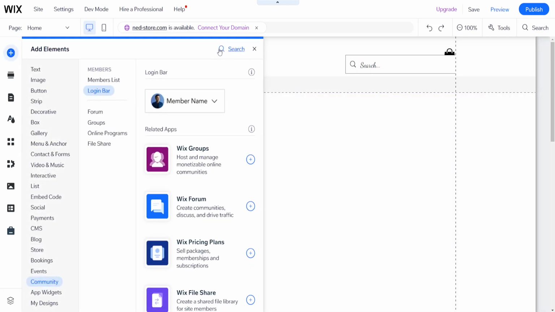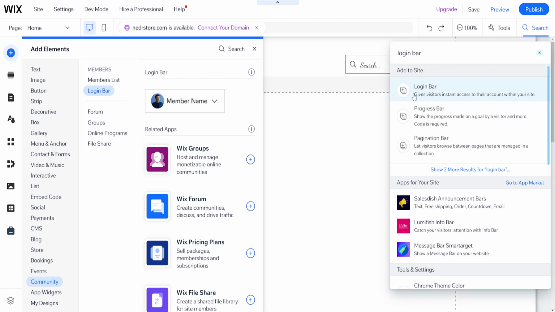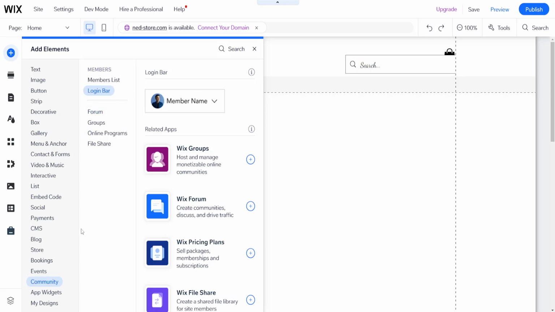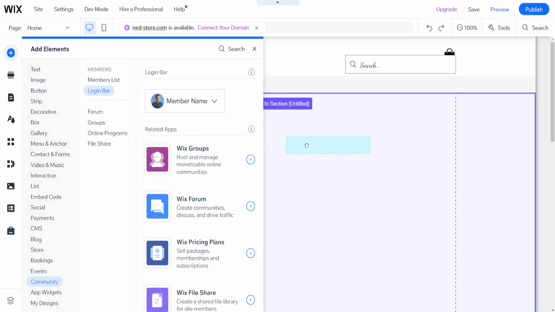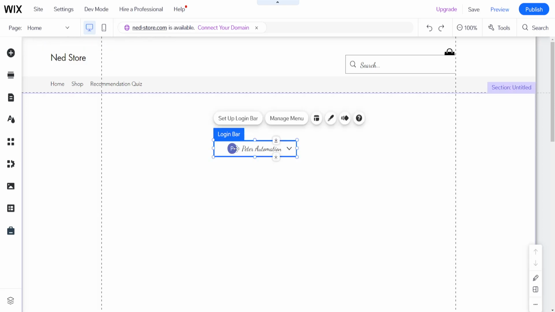and from here we just want to click on search and search for login bar. So you will see this login bar. If we click on it, it's under the community tab right here at the very bottom. So you will see login bar, and if we want to add it, we will simply drag this and drop it right here. And now we can set up this login bar by clicking on this button to set up